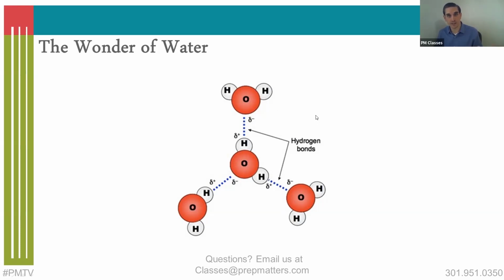This provides all kinds of properties to water, namely that it's cohesive, it likes to stick together. It's adhesive, it likes to stick to other things. Because of this general interaction between the molecules and the strength of these bonds, it has something called a high specific heat capacity. So as it warms up, it doesn't quickly change temperature. That's a good thing because our body temp is one temperature, but we wouldn't want to be walking around and have the water, for example in the environment,